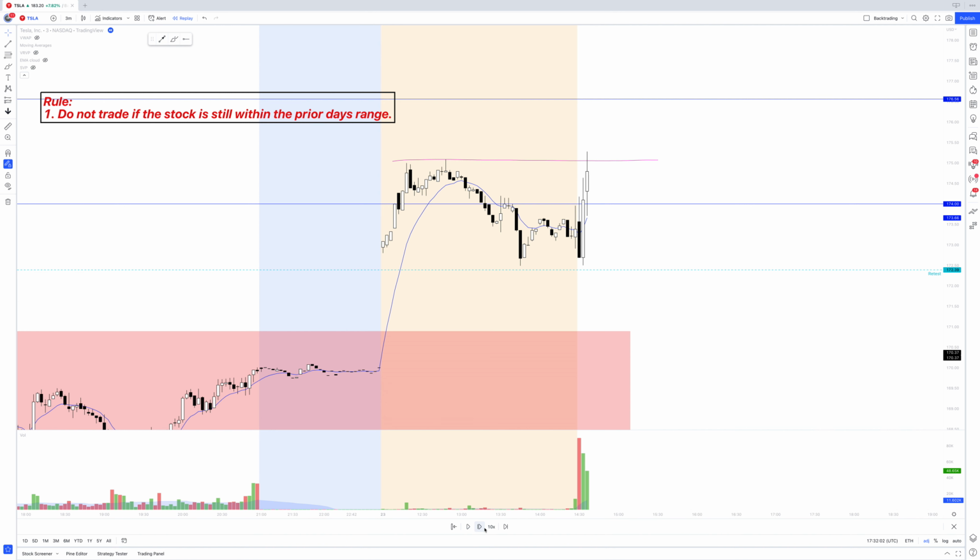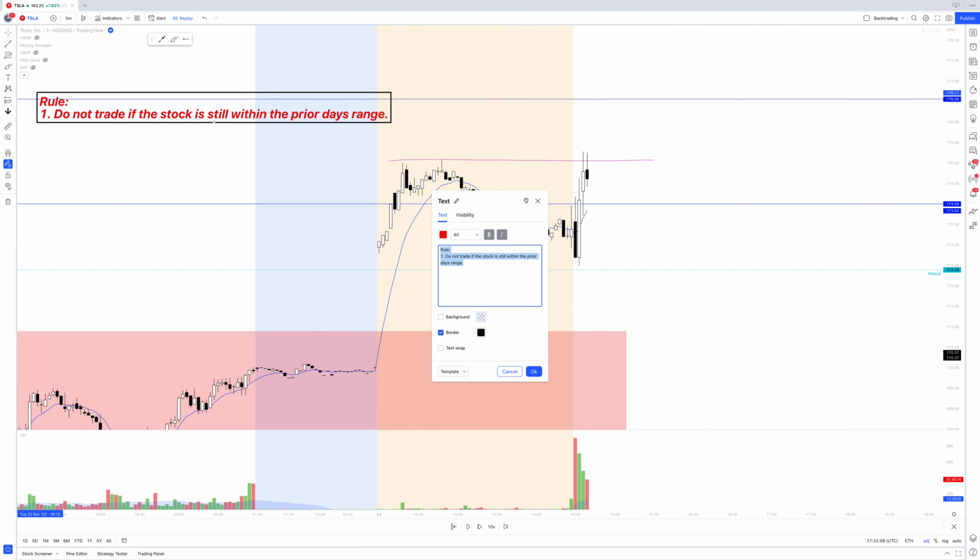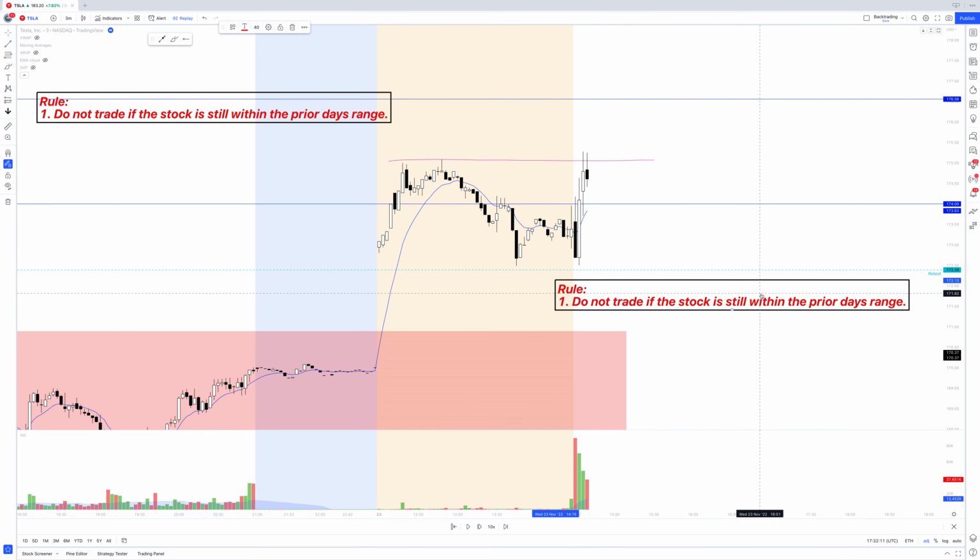Still no entry signal. Next candle comes in, and this is our entry signal. Let's do another one of these, so we can clarify a little bit more. Our entry signal